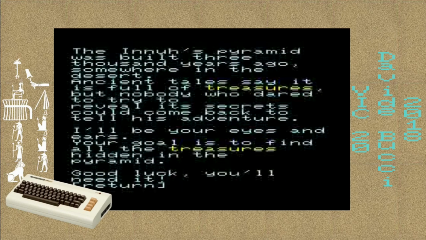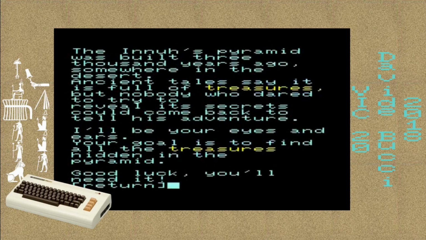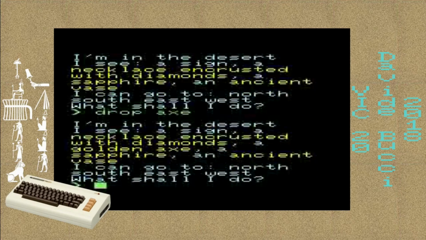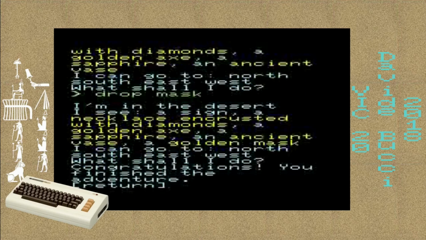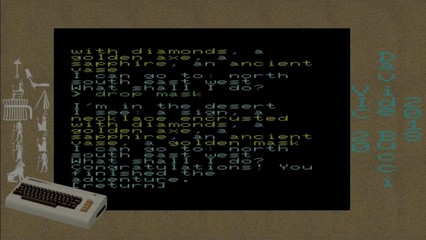The story of the Iunnuh's pyramid. It was Iunnuh, not Iunnuh, because he misread it. He's made a joke out of it. Here we're about to win on the VIC-20. We gather all the items, drop it. Once you have all 5 items in the desert, you drop them and then you win the game. And that was Iunnuh on all the systems. He's also done a version that runs just on normal systems, which is just C, compiled as an exe.